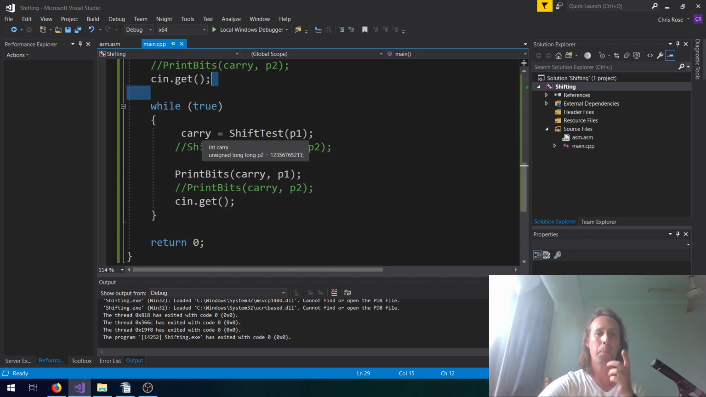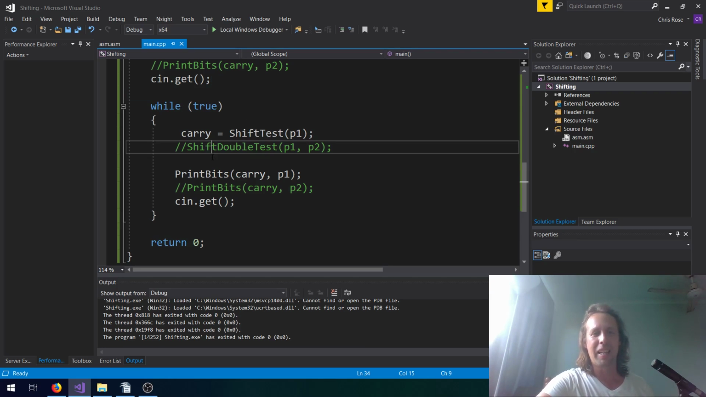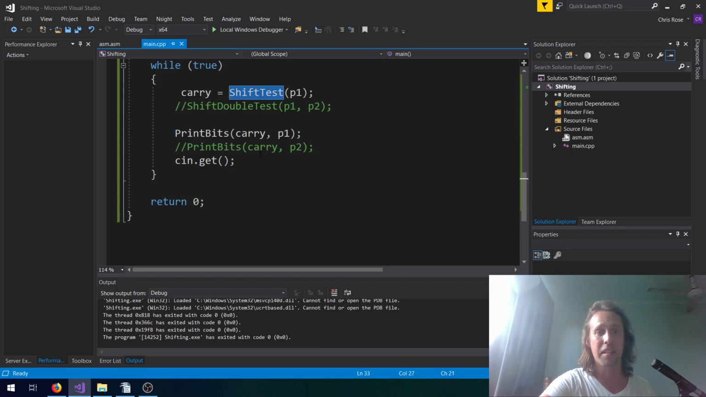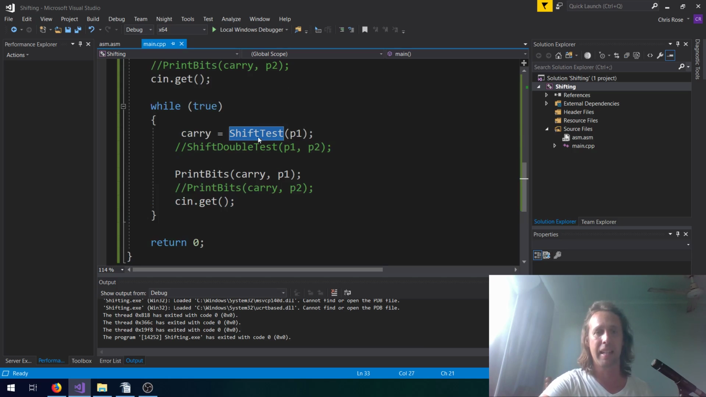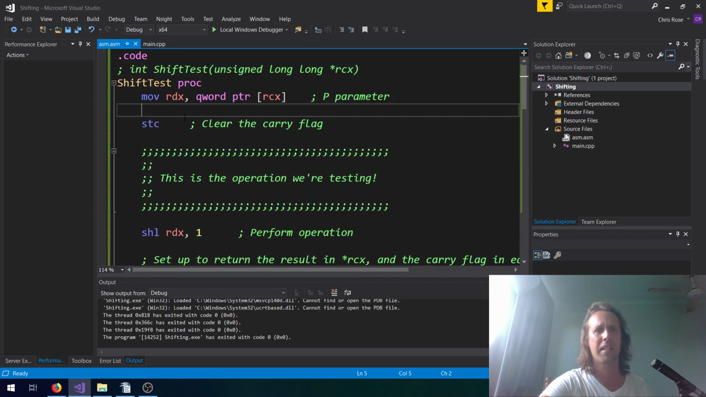But what I really wanted to do today, I want to see if this works. I wanted to run these instructions over and over again, and then if I hold my hand on the enter key, it should appear as though it's animating. It's probably the lowest budget animation you'll ever see, but let's see if this works. So shift test is really what we're running, and if we have a look over here in assembly,